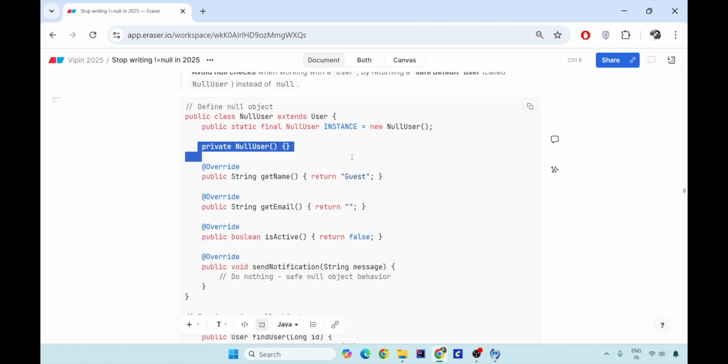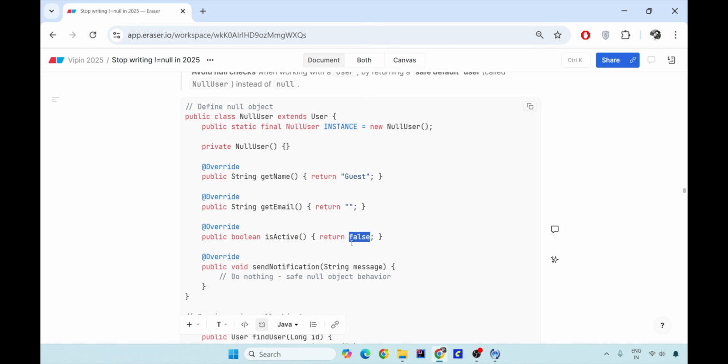Because we want to override the get methods of this class. So there are three variables of the user, that is get name, get email, is active. And I also want to override the method which sends the email notification to this email ID with this name. So I have overridden these four things. If the name is not present, return guest. If email is empty, rather than sending null, return some default one, that is code decode no reply, and say that email will be sent to this if it is bouncing back. And if it is active, I'll make it false because this is the default scenario.